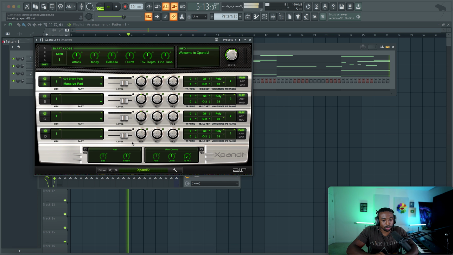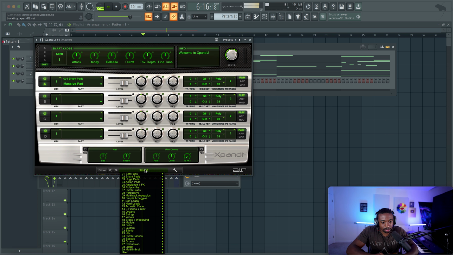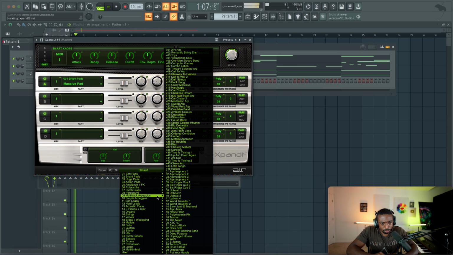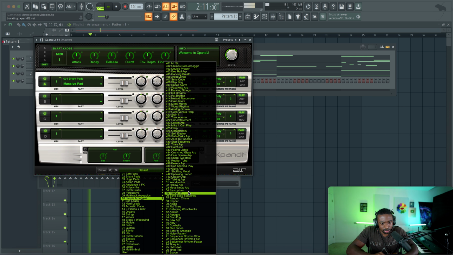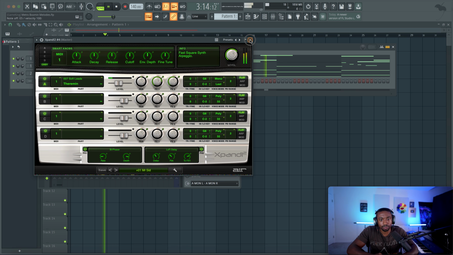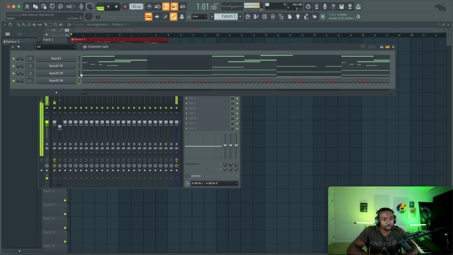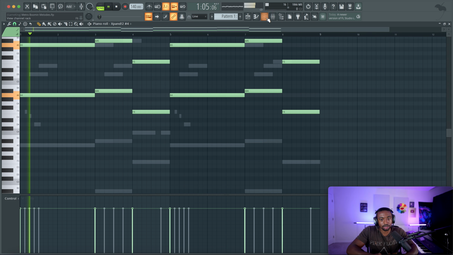I don't think this has arpeggios in here, but let's see if it does. I'm not sure. Oh, we do have arpeggios. Let's do multi-track. Actually, let's just do simple arpeggio. Looks like they're sampled arpeggios. So let's copy the brass, paste it here, and then we're going to pull this up 2 octaves at least.